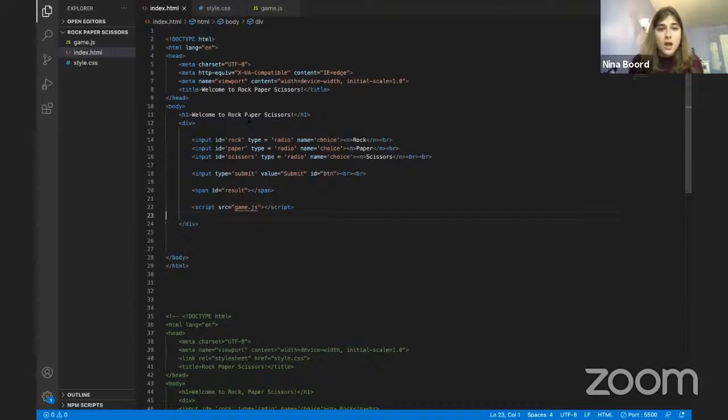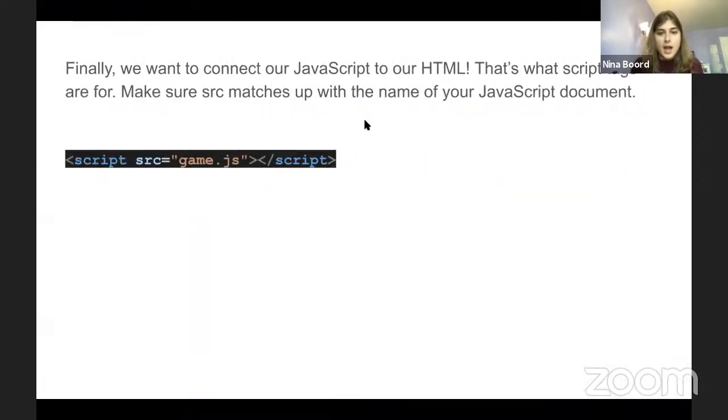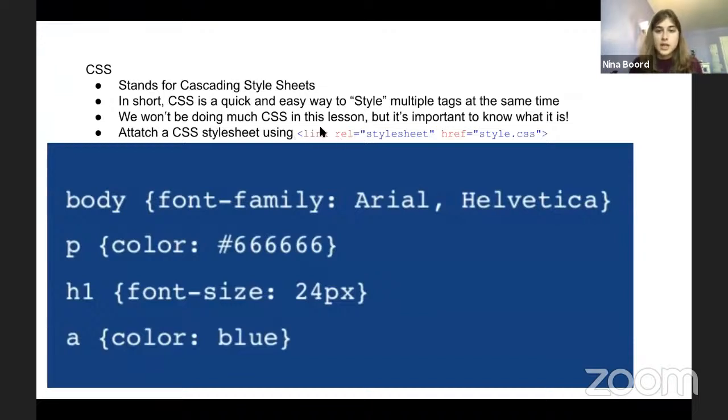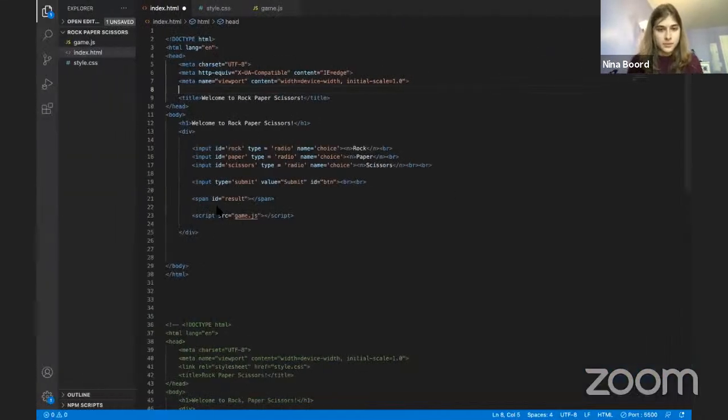Really simple. The final thing that I want to do is add something to our CSS file. So we want to add our CSS file too. Let's just do that now. It looks like this. So link rel equals stylesheet. And that just basically means that this is a CSS file that we're linking to. And then href equals style.css. Make sure that you name your CSS file style.css and then link it that way. So we're going to do that in the head of